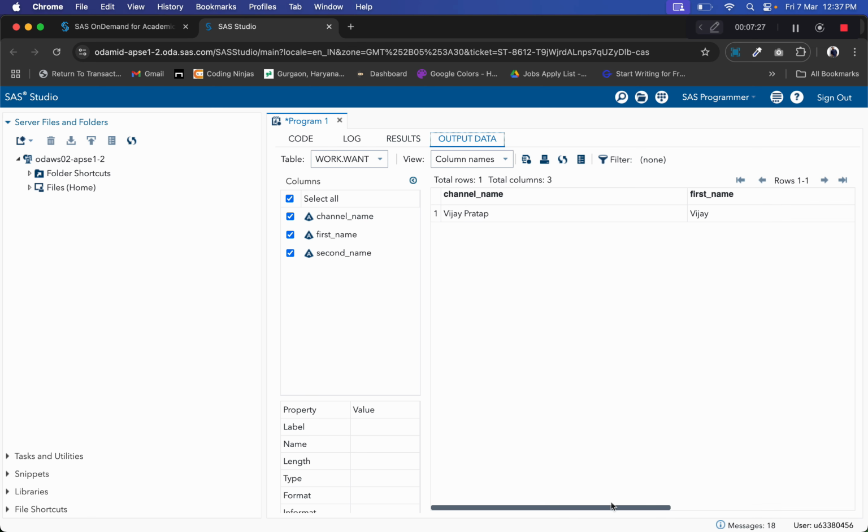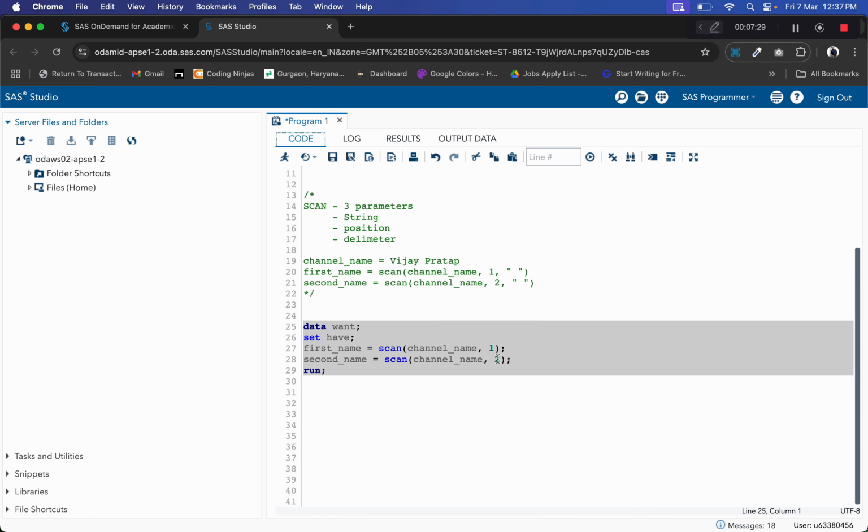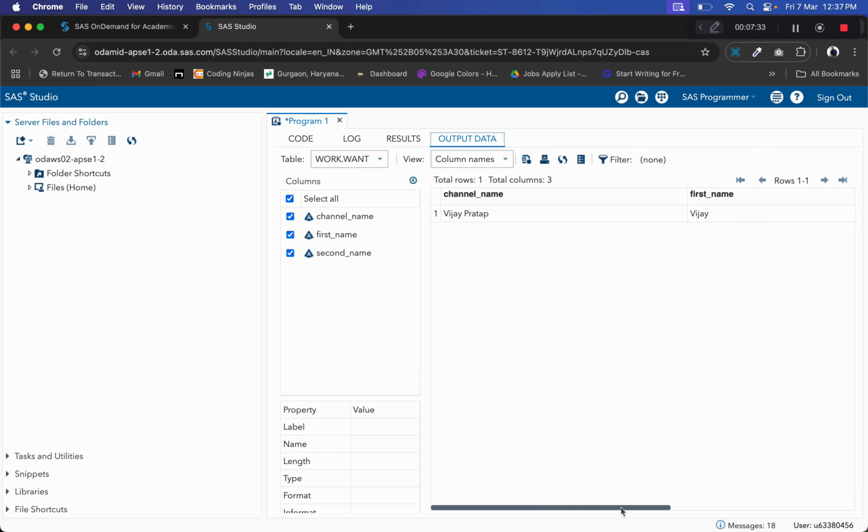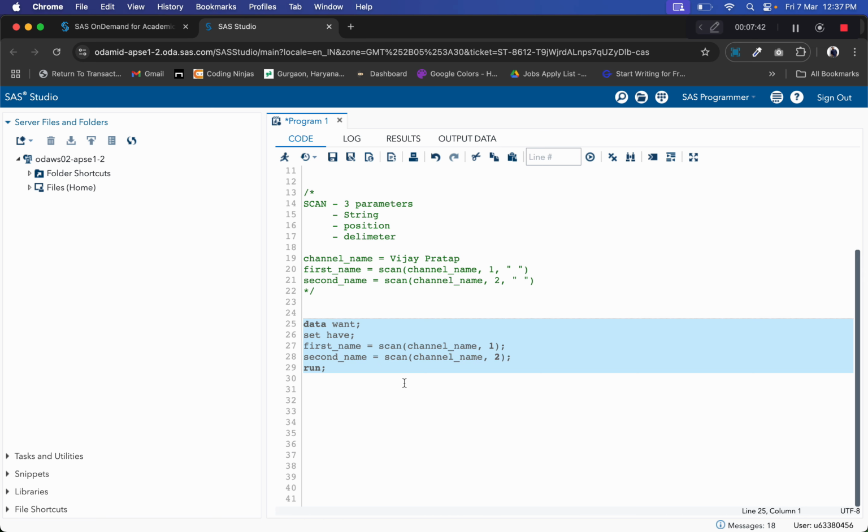You can see we have removed the third parameter, but it still takes the default, space, and that is why we get the same output as before: Vijay in the first name and Pratap in the second name. I hope the scan function is clear now.